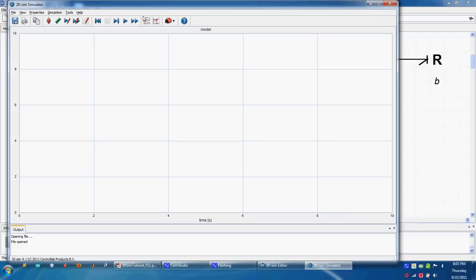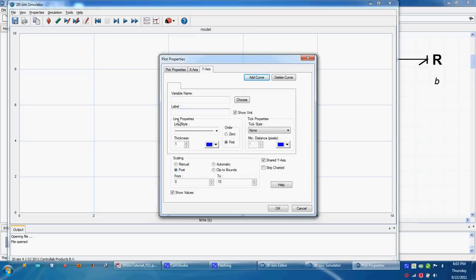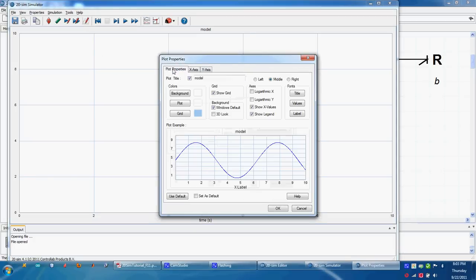So make sure to save things or just always keep that window open. I'm going to go through the plot command in a little more detail now. So we'll click on plot over here. There's 3 tabs here. Plot properties is for making the plot look nice. You can set the title, whether you want to show grid, whether you want to log an axis, things like